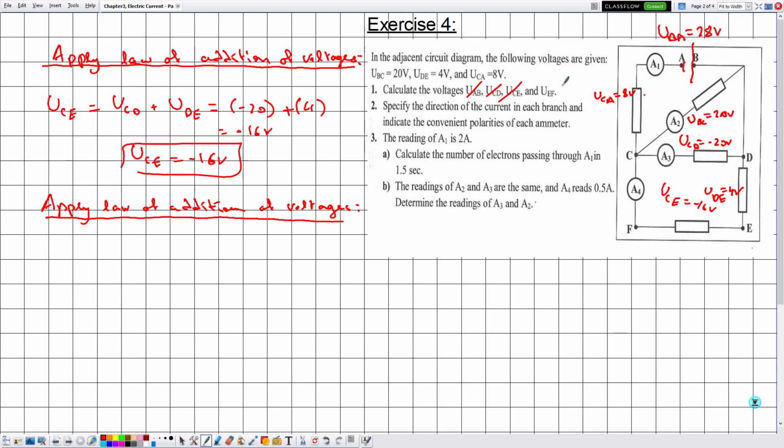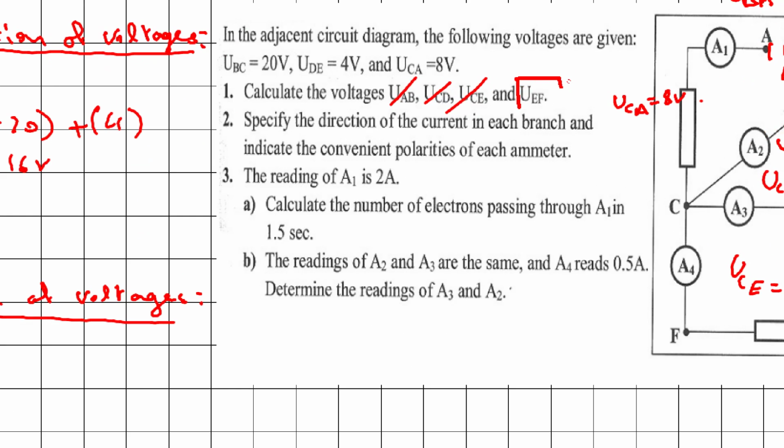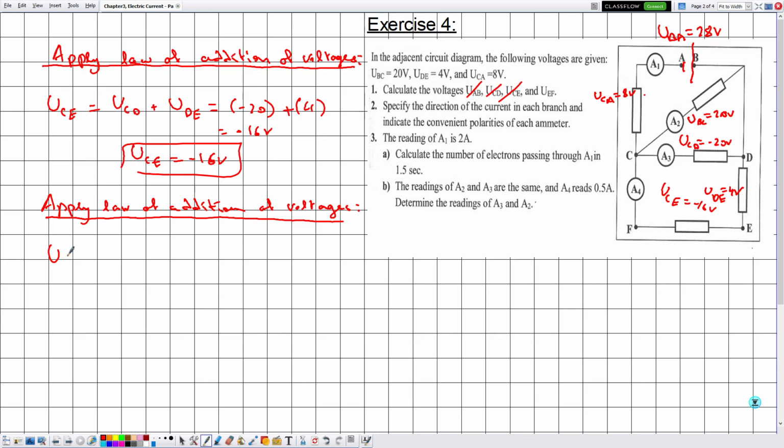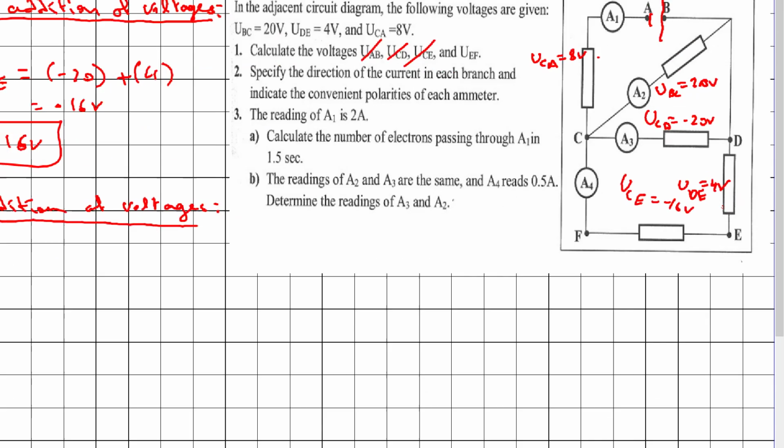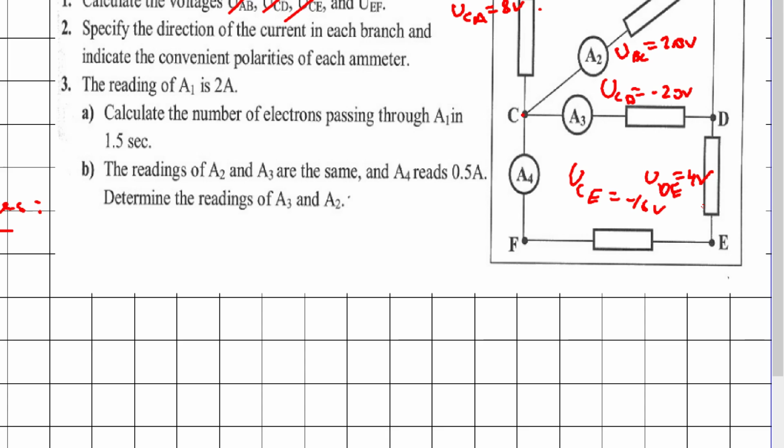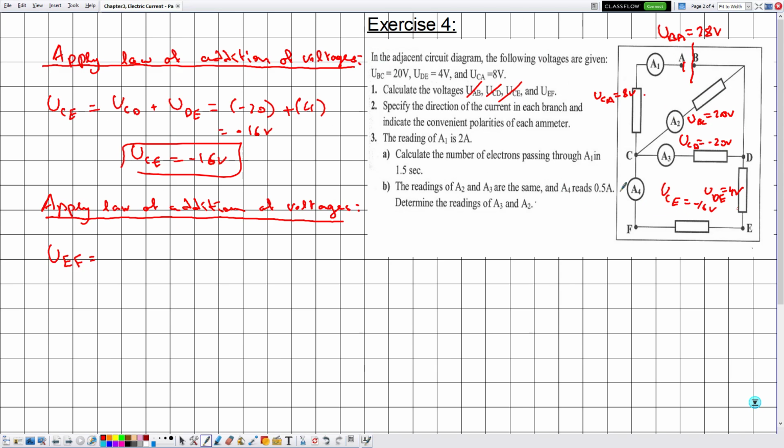So always on the left we write the voltage that we are interested in calculating, which is UEF. And on the other side of this equation we go from E to F across different electric components such that we know their voltages. We can go from E to C directly because we know UCE, and from C to F, here in this case we need to explain and say that UCF is 0 since the ammeter is of